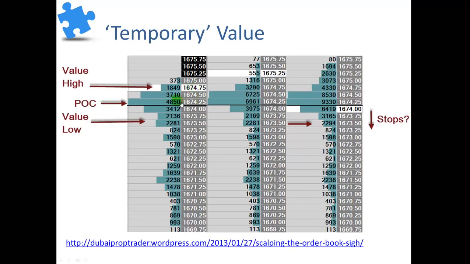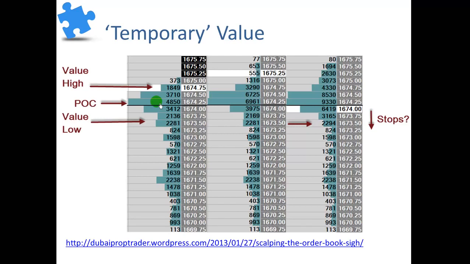And then we've got this thing in the middle where we've got much more volume than the other prices, and that's called the point of control. And we tend to just rotate from cheap to expensive around that point of control. Now, the visual